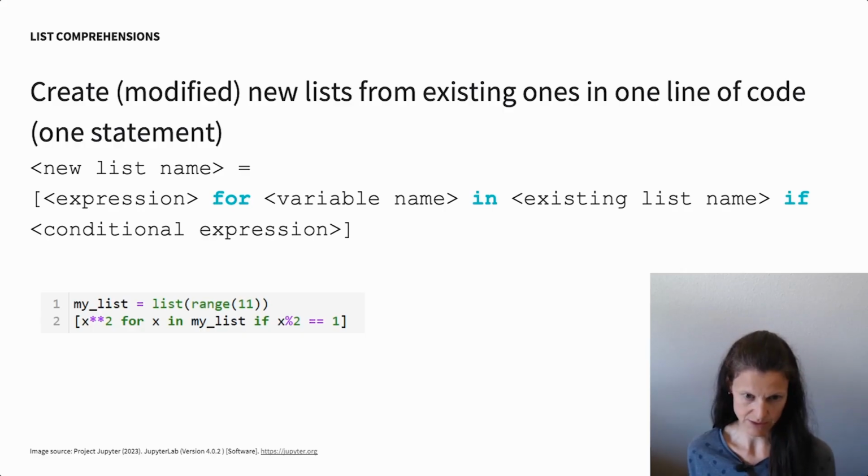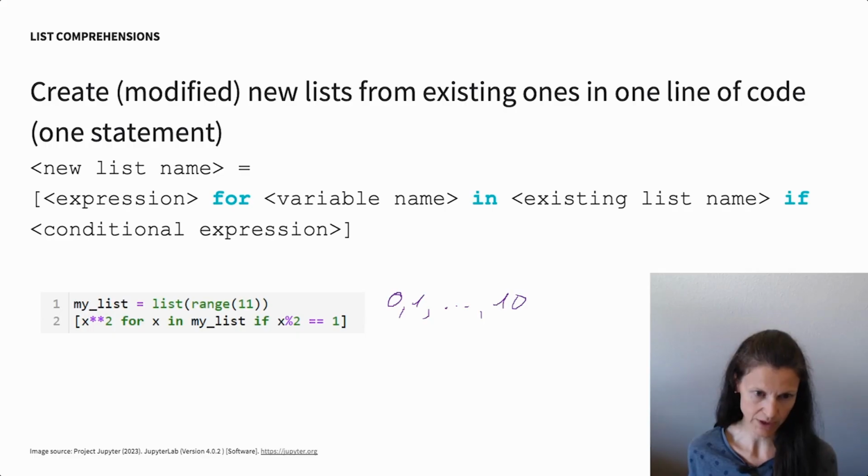Let's just write it here. We have 0, and then we have 1, and so on until the 10. And now let's analyze this comprehension here. Let's again start in the middle. For x in my list. So for each element in my list, so for each number between 0 and 10,